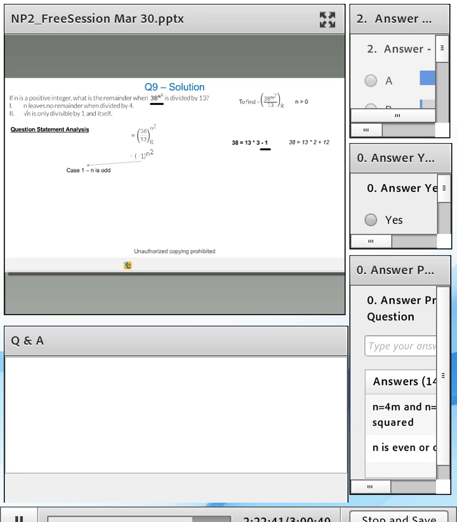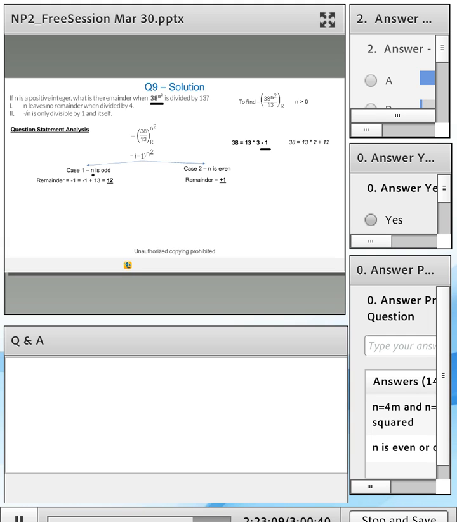Now, when will the remainder be 1? If n is odd. Because if n is odd, in that case, the remainder is going to be, so when I say the remainder is minus 1, obviously you need to process it further and get the positive remainder, 12. But in either case, you get two possible values of remainder. And so essentially what you need to find out is if n is odd or even. Okay, that is what you need to find out.